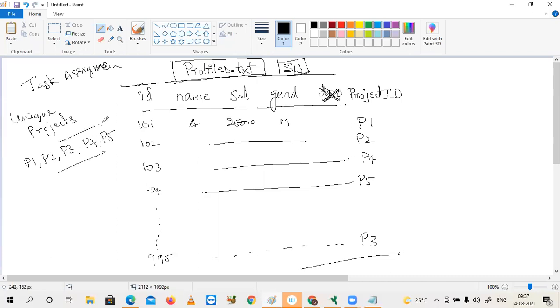These are the projects. There is another table. This table is having only project. Here I have project ID and project title.